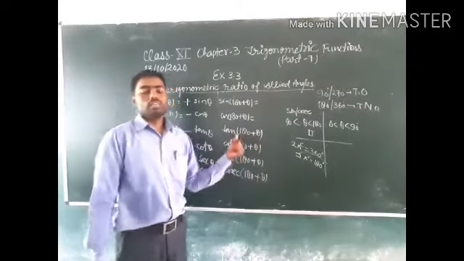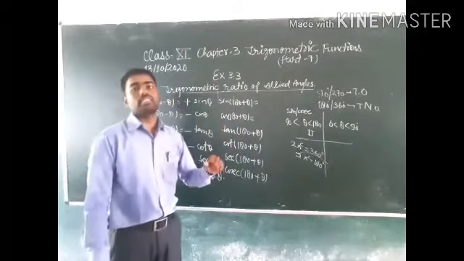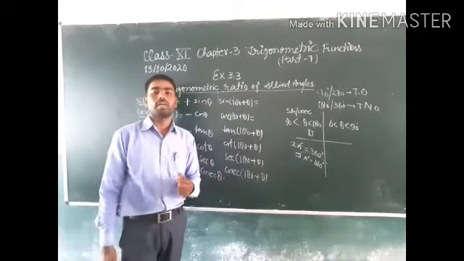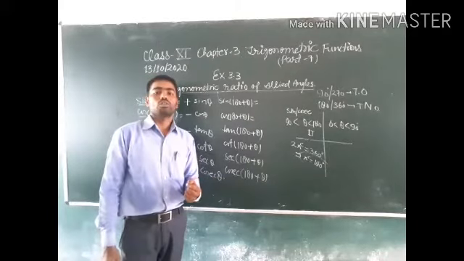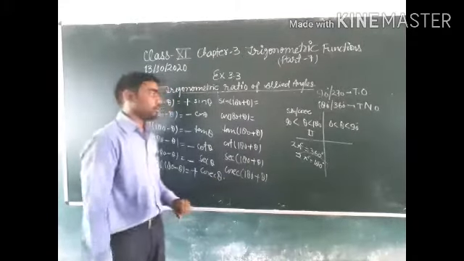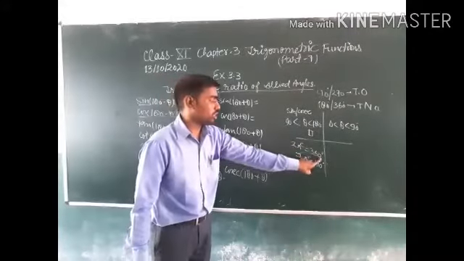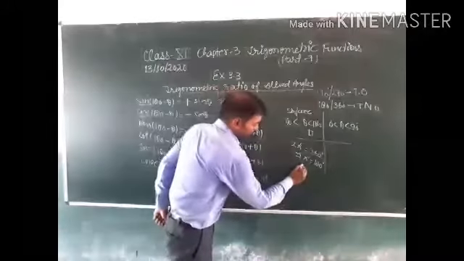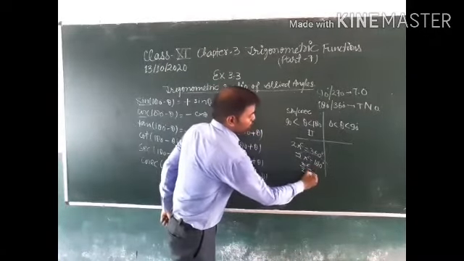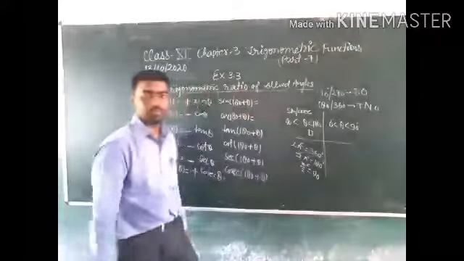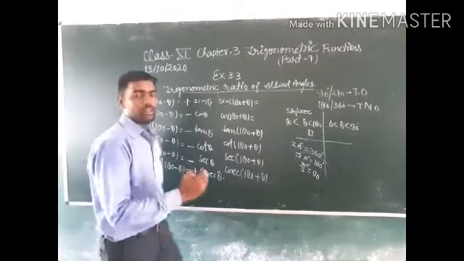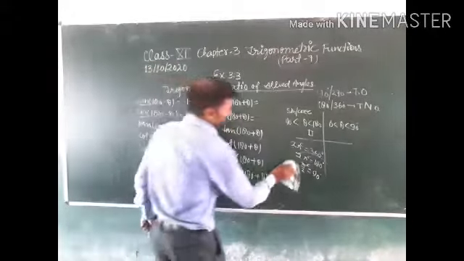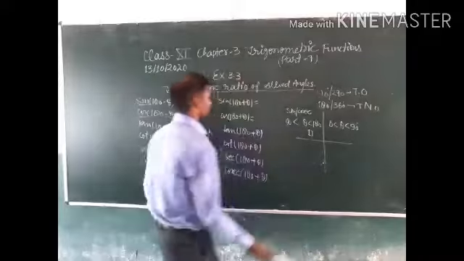Similarly, you can write sin 90 minus theta as sin pi by 2 minus theta. Cos 90 minus theta can also be written as cos pi by 2 minus theta, because 2 pi radian is equal to 360 degree. So pi radian is equal to 180 degree, and pi by 2 radian is equal to 90 degree. So you convert degree into radian or radian into degree. So 180 plus theta can be written as pi plus theta.